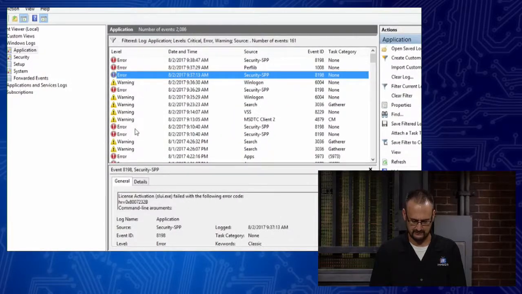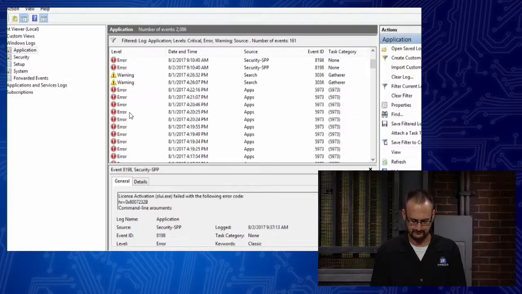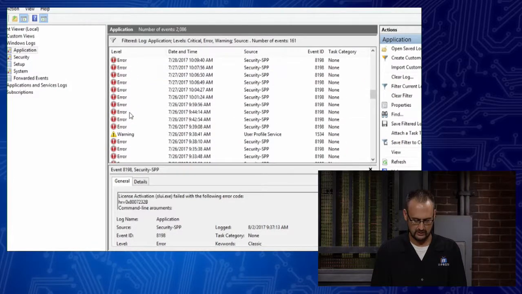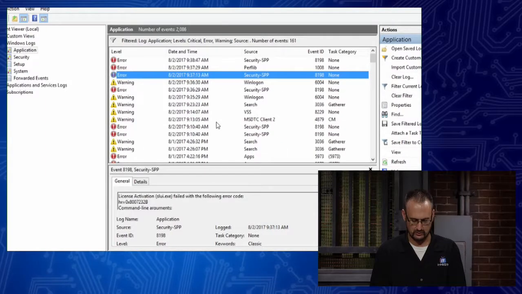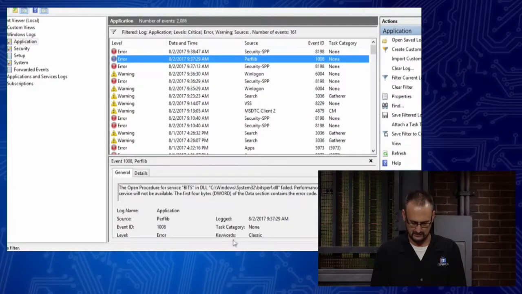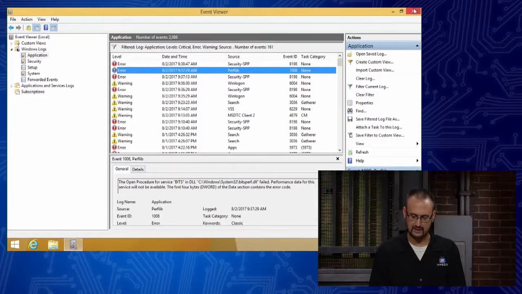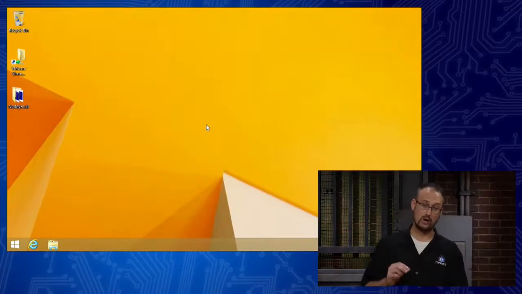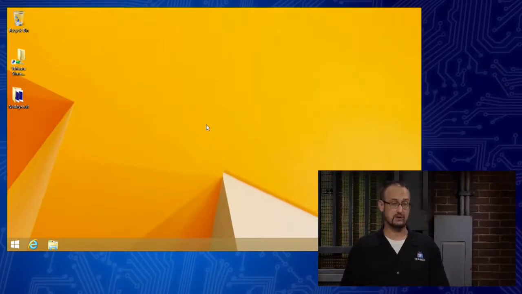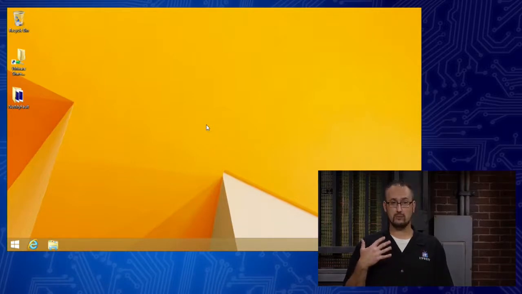That's license activation. No, I'm not really seeing anything in here. These are old. Open procedure. Okay, so no, I'm not actually seeing that in there, but I could see that it was inside of the system logs, and it's let me know that there was some kind of problem here, and we need to investigate and see what's going on.